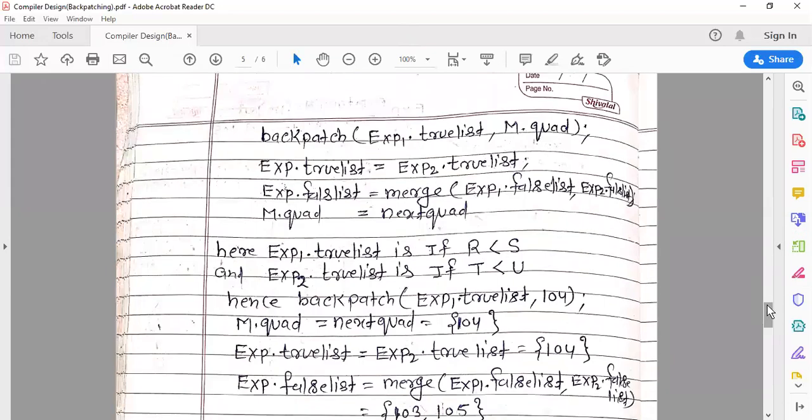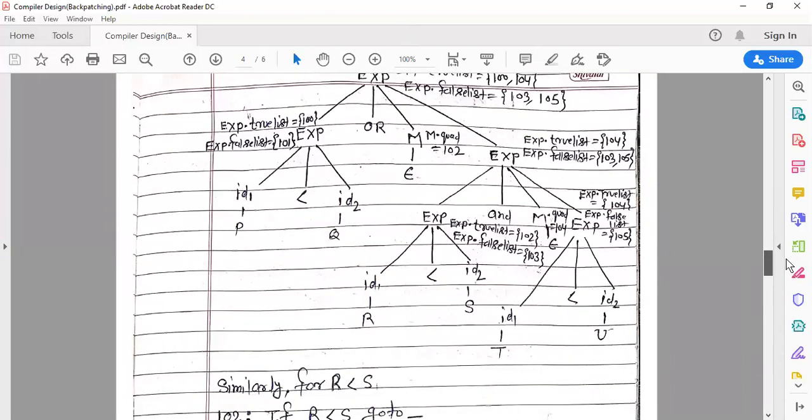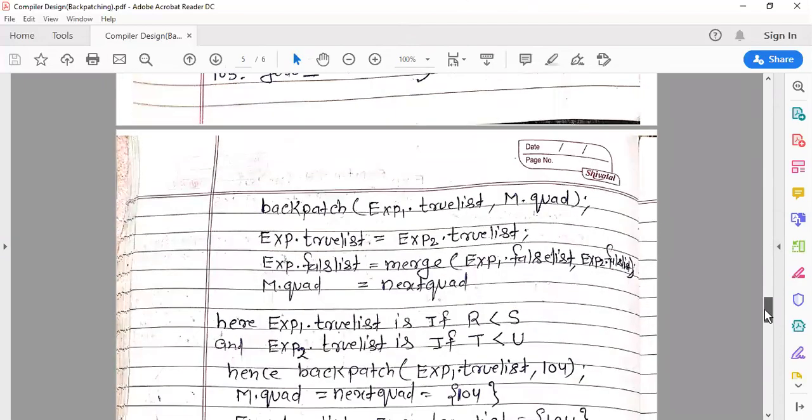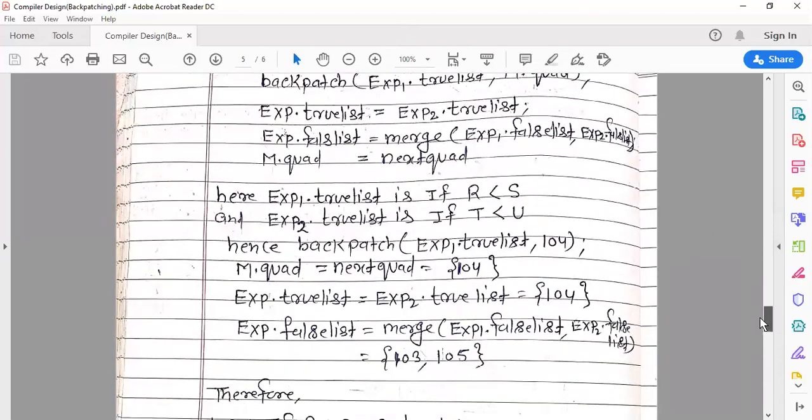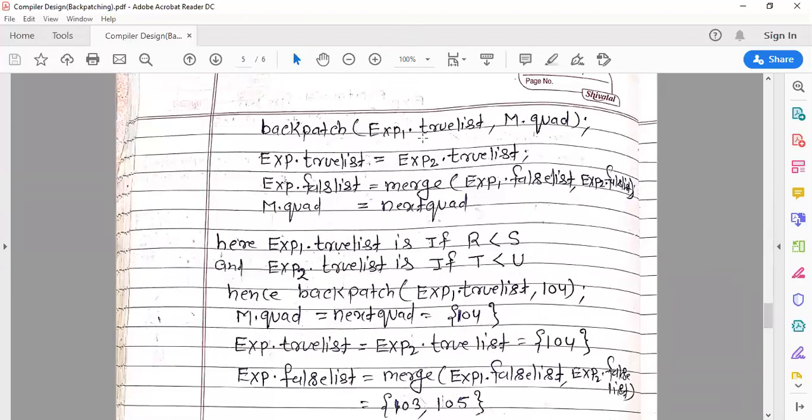So here, according to the semantic rule, backpatch exp1 dot true list, and what is the m dot quad here? M dot quad, you can see in our tree, is 104. So for this function, backpatch exp1 dot true list comma m dot quad, m dot quad is 104.